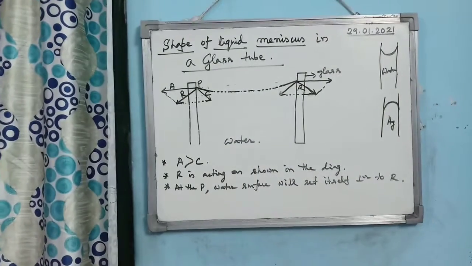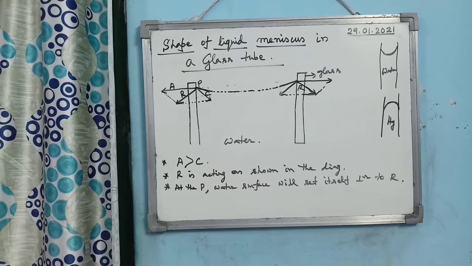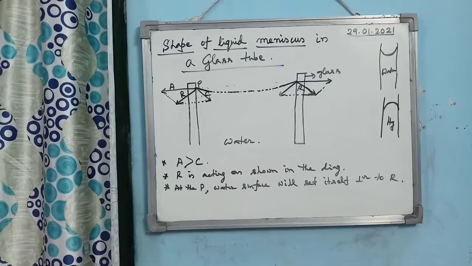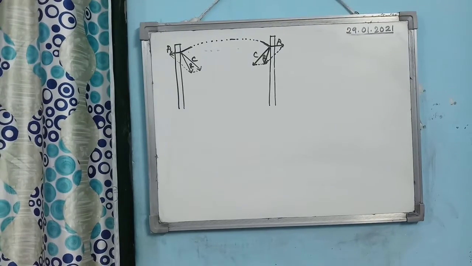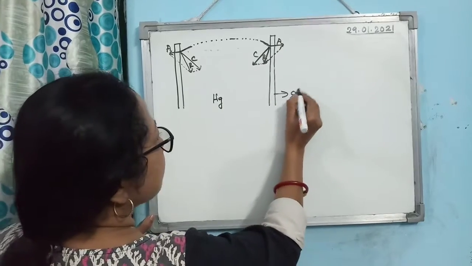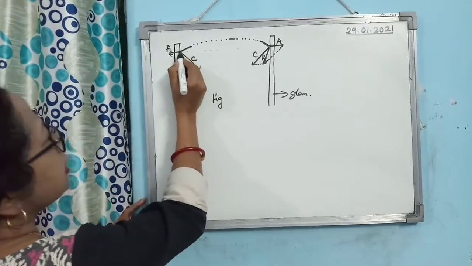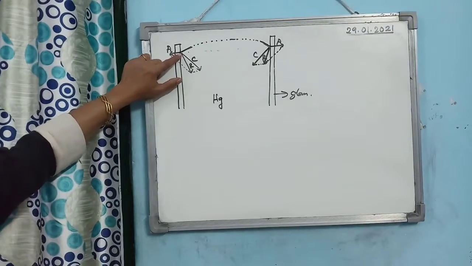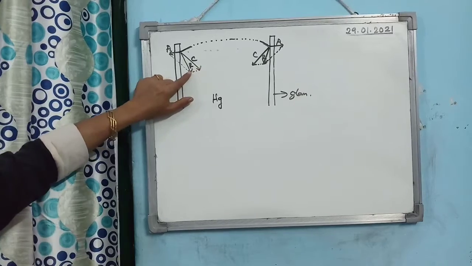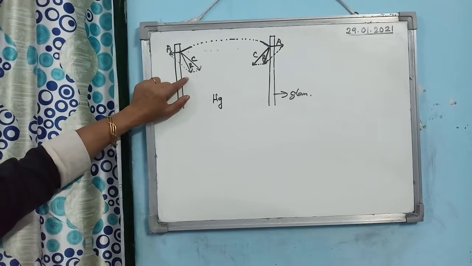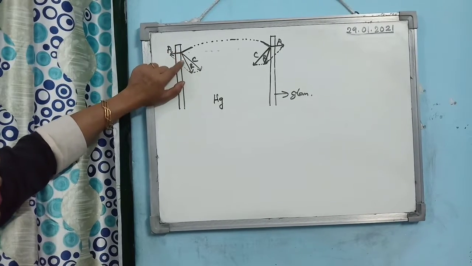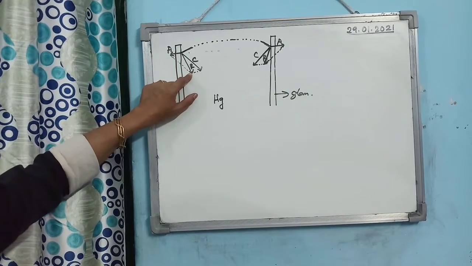Alright, that is when you are taking water in glass. Next, if you take mercury in glass, then what will happen? So if you take mercury in glass, this is mercury and this is glass. You know that if you consider the mercury molecule here, adhesive force is less and cohesive force is bigger. So you see, if you complete the parallelogram according to the vector law and draw the resultant, this is the direction in which the resultant force is acting.